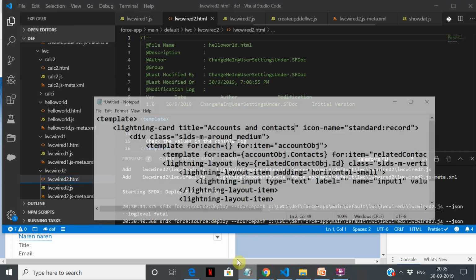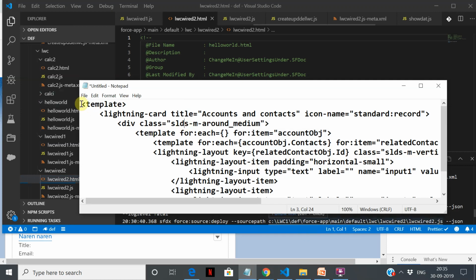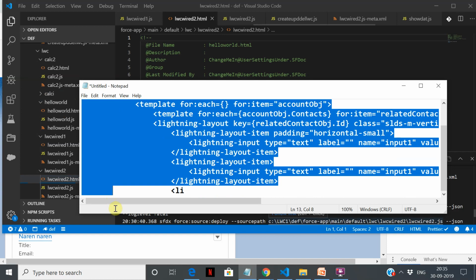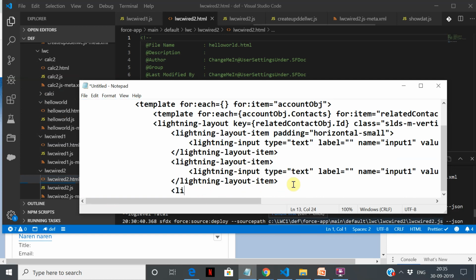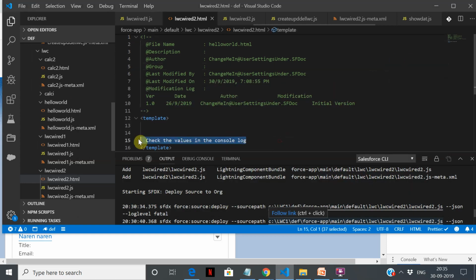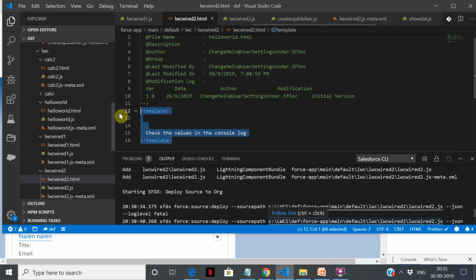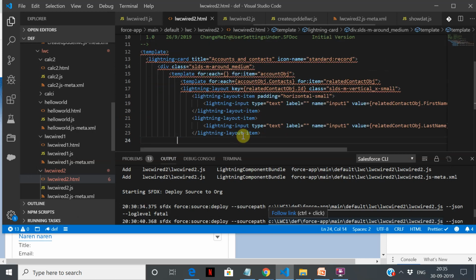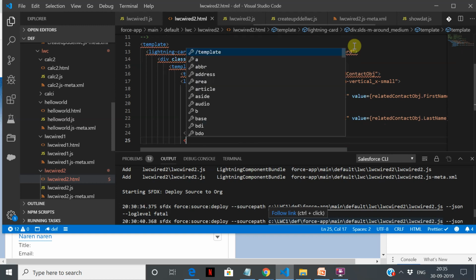So I'll just take this piece of code from here. This is available in the Lightning component reference. You can refer to it at any point of time. So let me take this much and put it over here. Now a couple of things I need to do is close these tags. Then there is another template.